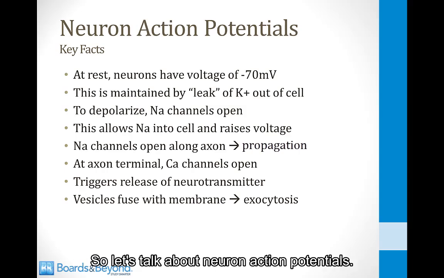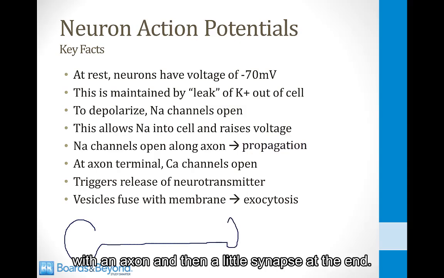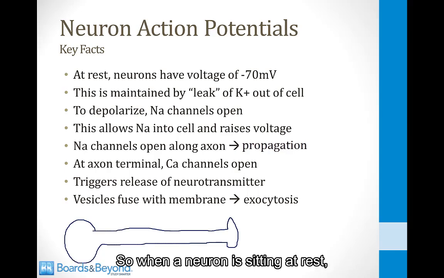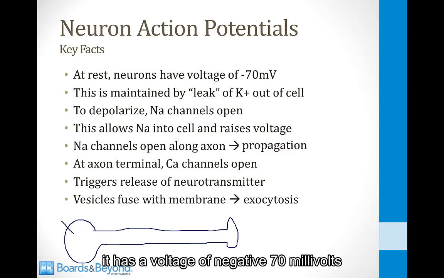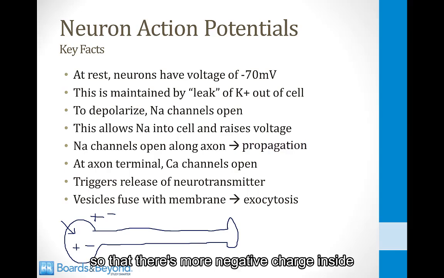So let's talk about neuron action potentials, and to do that I'm going to draw a crude neuron here with an axon and then a little synapse at the end. So when a neuron is sitting at rest, it has a voltage of negative 70 millivolts across the membrane. And what do we mean by that? What we mean is that outside the cell there are positive and negative charges, and inside the cell there are positive and negative charges. But the distribution of these is unequal, so that there's more negative charge inside than outside